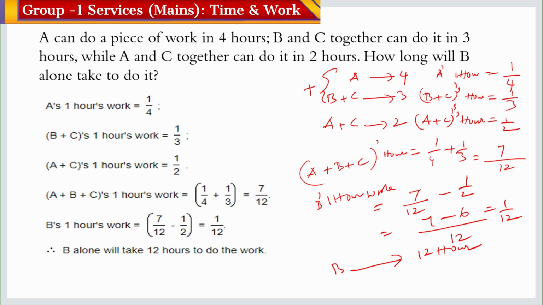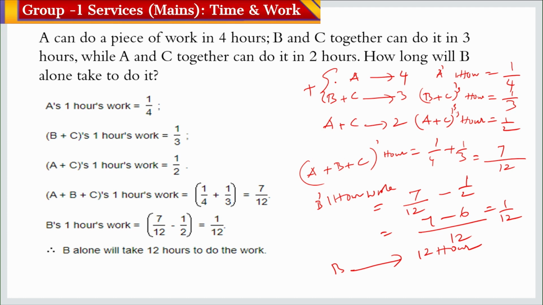B and C can do the work in 3 hours, means B plus C's 1 hour work is 1/3. A plus C can do the work in 2 hours, means A and C together in 1 hour do 1/2. So A plus B plus C means here you have to add these two, that is 1/4 plus 1/3, which